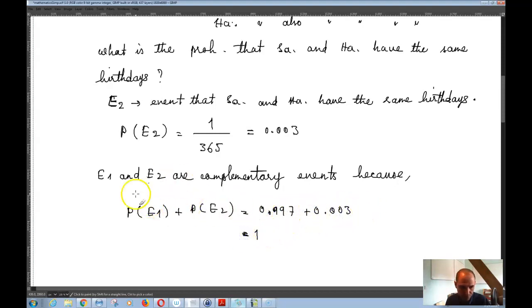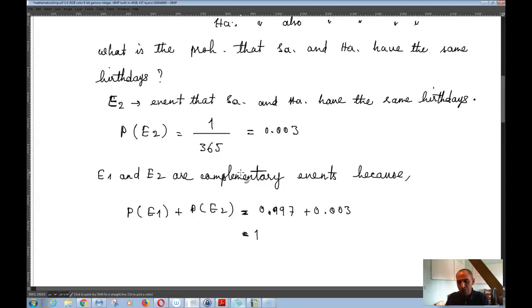Of course, we have never proved this, that if the sum of the probabilities of two events is equal to 1, then those two events are complementary. But I am sure, though we have never proved this. And there is one more way to tell that the two events are complementary, because as you can see, the two events